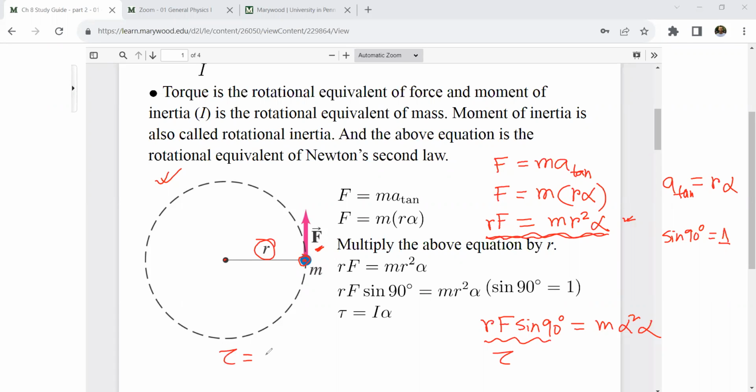Because tau equals R F sine theta. And here you see that this is R. You apply a force here, and the angle between R and F is 90 degrees. So because R F times sine 90 degrees equals tau, we can replace the left-hand side with tau. So tau equals M R square alpha,